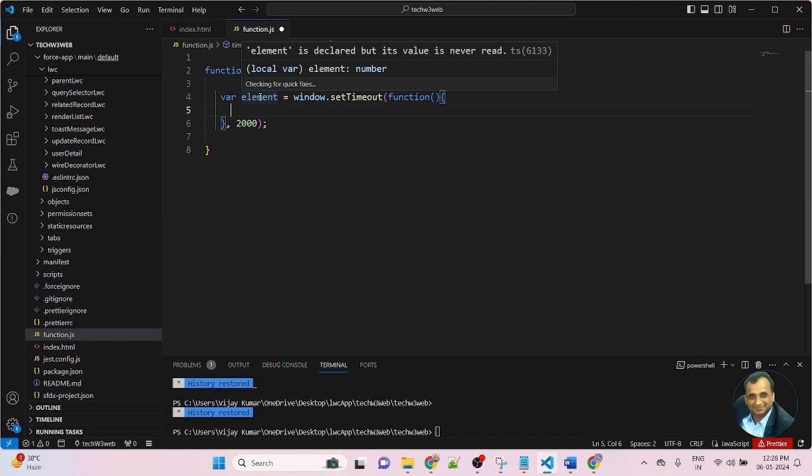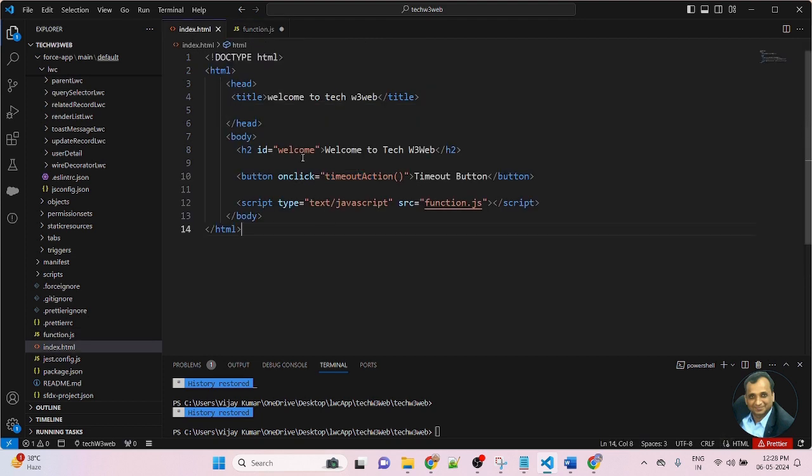So here I am creating a variable, element, with window.setTimeout, a function inside the brackets, a comma, and then I am passing 2000. That means after 2000 milliseconds this function will be executed and the h2 title will be automatically hidden. Now here I will use an ID. The ID name is welcome.